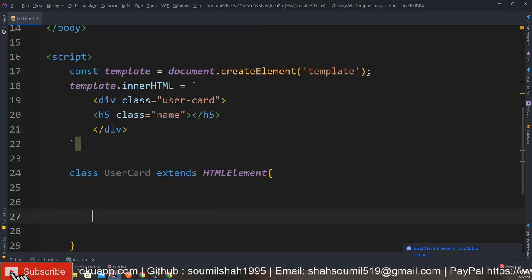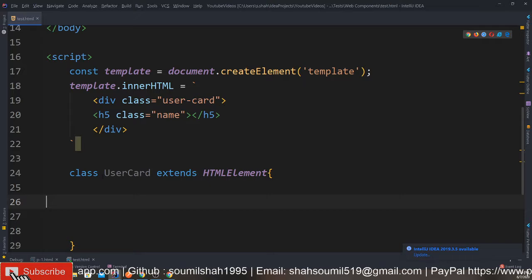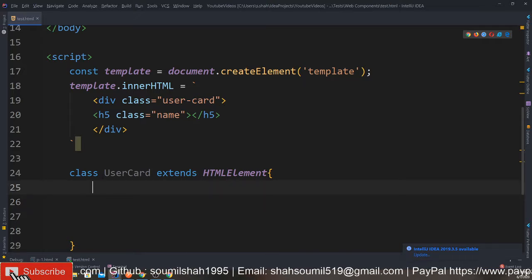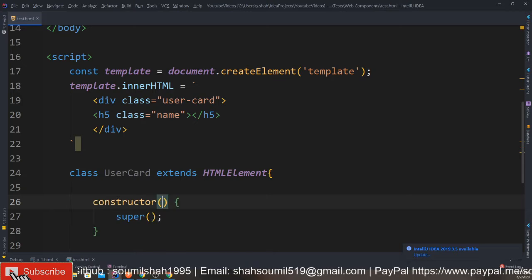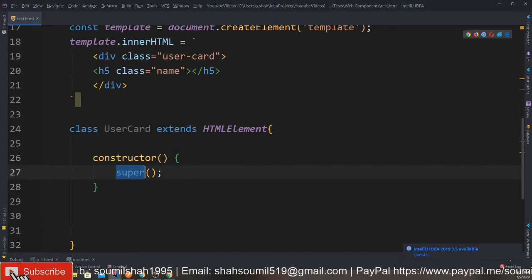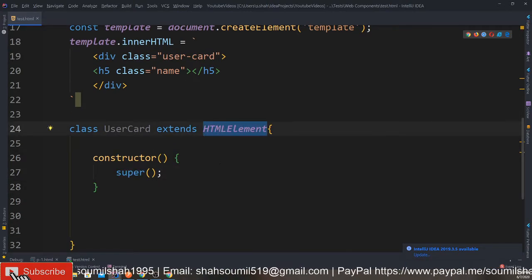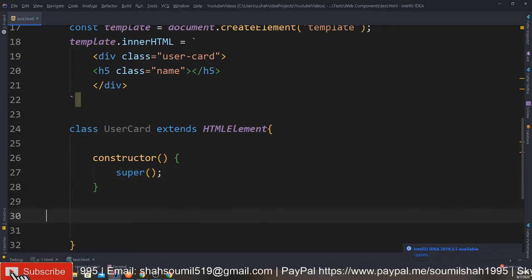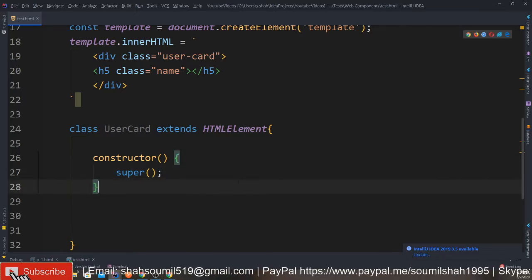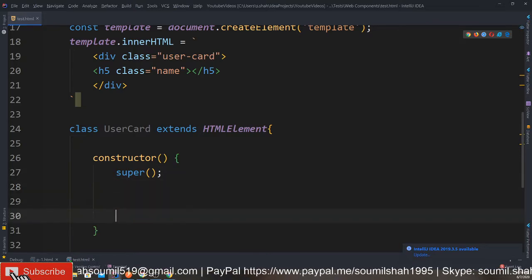Now we need to create a constructor, because every class has a constructor. This is common in object-oriented programming. So constructor, and here you can see super. As usual, whenever you do inheritance, you have to call the parent class, the base class constructor. Now in this constructor you want to set certain things.